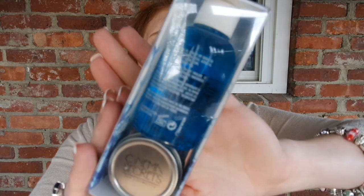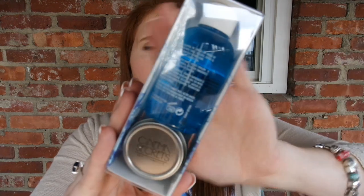The next things I picked up were very much just indulgent things. The first I grabbed was the Cinema Secrets Makeup Brush Cleaner Travel Kit. It comes with a little tin and then the Cinema Secrets liquid. I have heard time and time again from other women on YouTube about the Cinema Secrets makeup cleaner, but